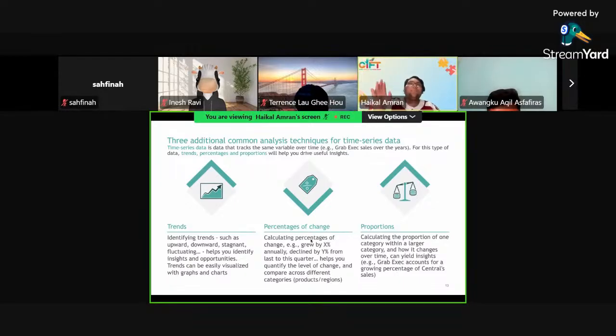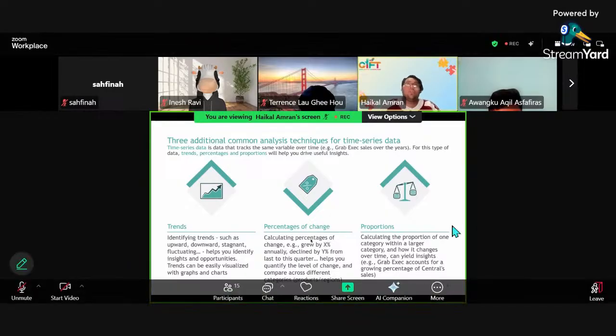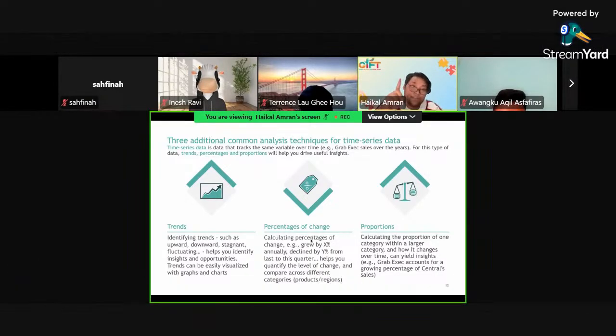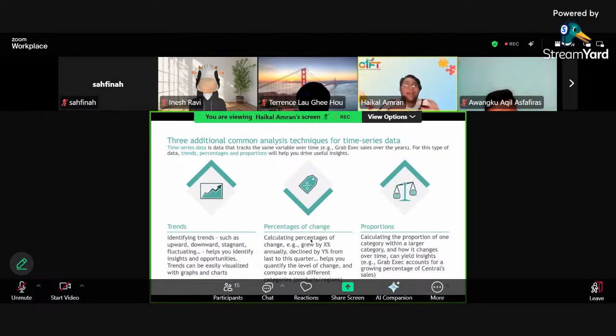Or let's say the graph is going down, then you would have to describe it as, for example, sales in the central region have gone downward from quarter three to quarter four. All right. Please include that. That is the first key part where you identify the trend, and then you identify the percentages of change so that you get the idea of just how much change happens between two points in time.